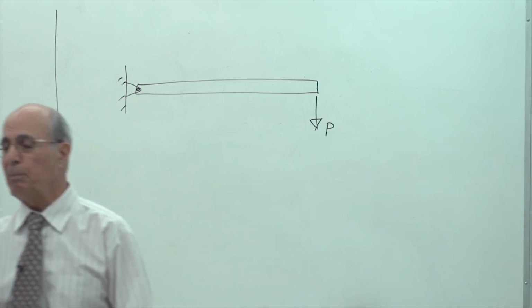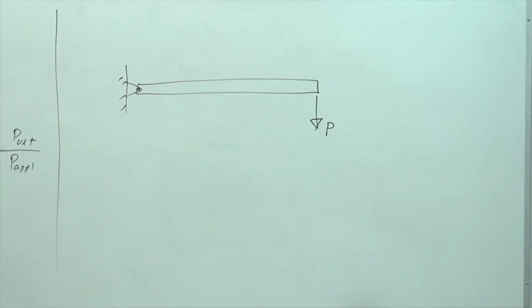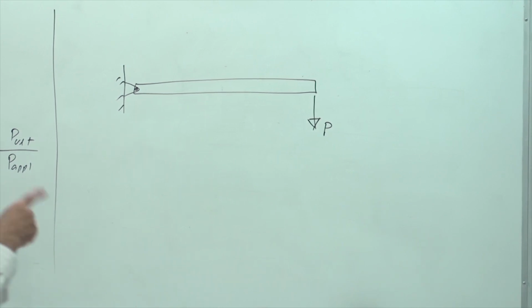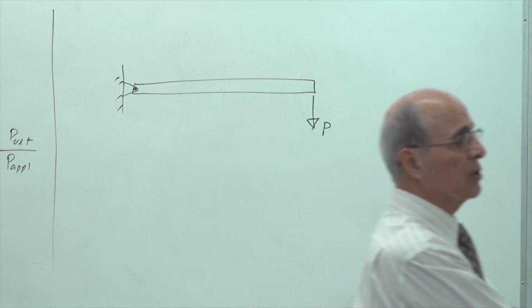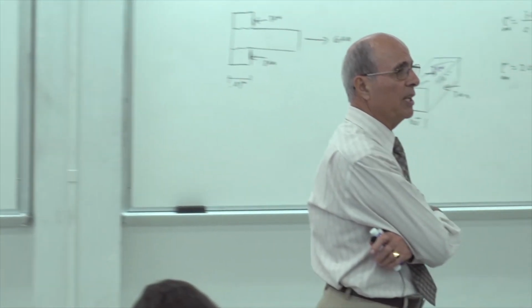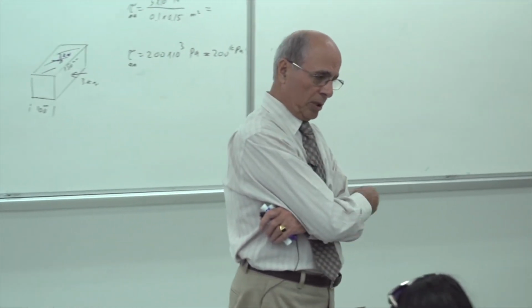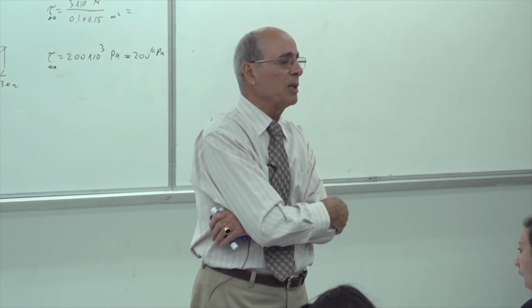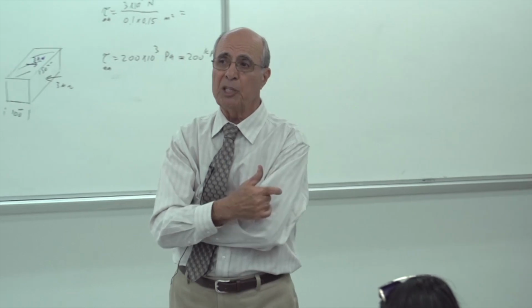First of all, is this a complete structure or not? Yes or no, and why? If I have a rod like that, pin connected to the wall, and I put a P there, is this a good structure? Will it stay there? Will it not stay there? Absolutely not. That's correct. This is very bad. So it's not going to stay there. Why? I want you to understand. Because it is